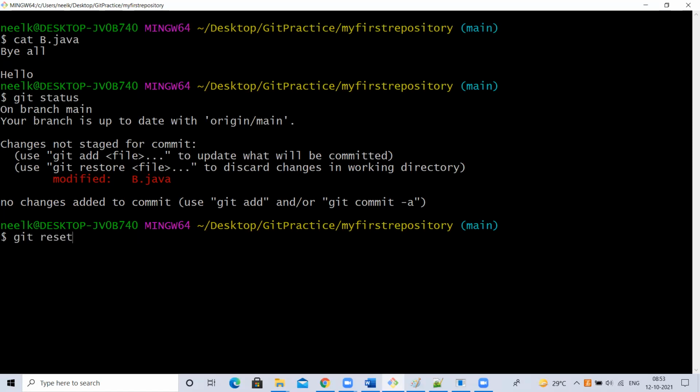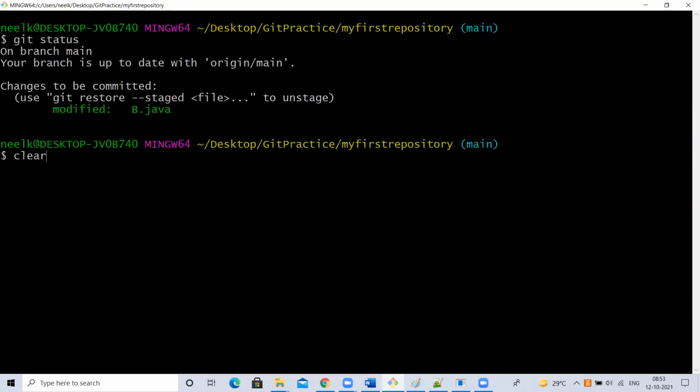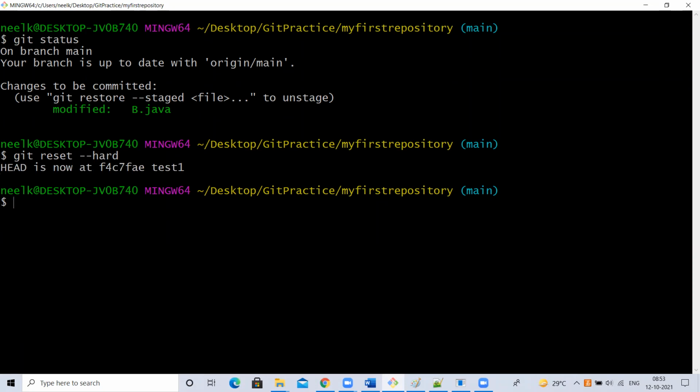Okay. Now let me add the file once again. Now it is in the staging area. If I want to take it out from the staging area, what is the command? Git reset. But this reset, if I use git reset hyphen hard, right?